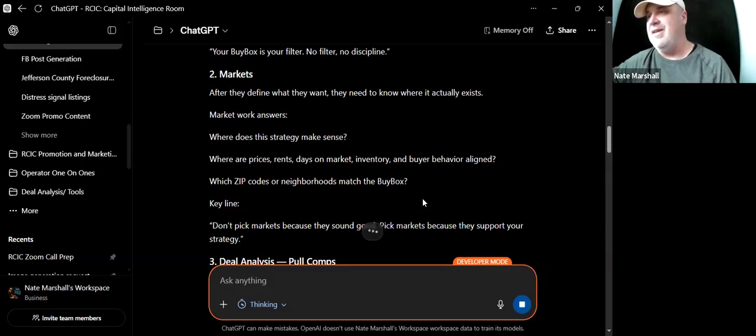Are prices, rents, days on market, inventory, and buyer behavior aligned? Which zip codes or neighborhoods? So if you like Casper, Wyoming, and Sheridan, Wyoming, and Laramie and Cheyenne, that eastern side of Wyoming, maybe throw in a couple in Nebraska, on the western part of Nebraska, you're going to put in